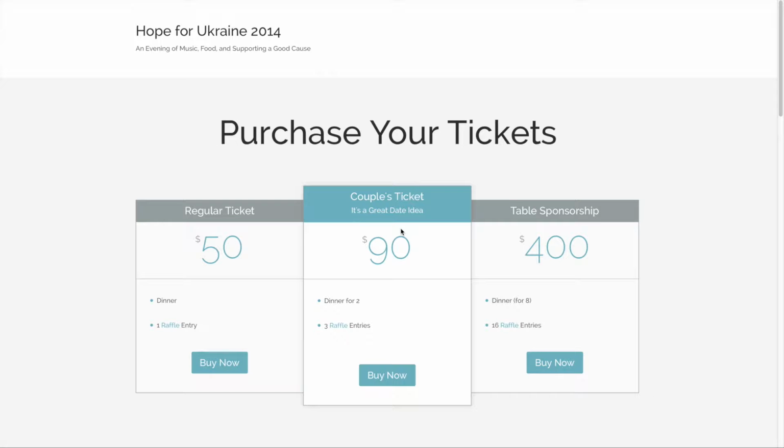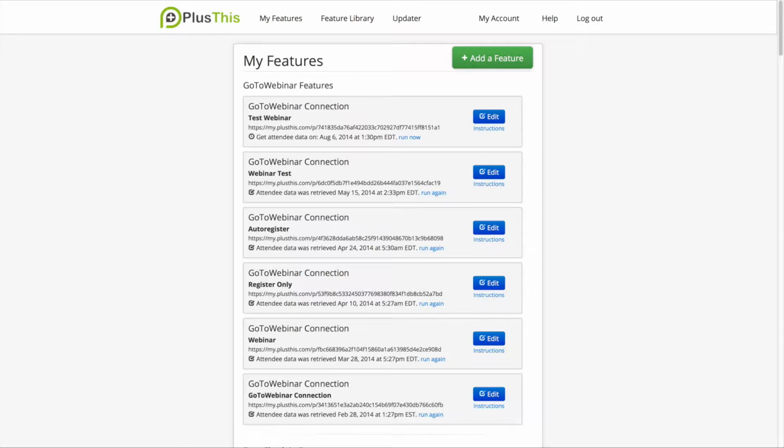My nonprofit, Courage to Hope, wants to put on an event, and we want to use PlusThis to manage the event, the ticketing, and the check-in process. So here's the process we're going to go through as we set up PlusThis and Infusionsoft to manage this particular event. First in PlusThis, we're going to add a feature